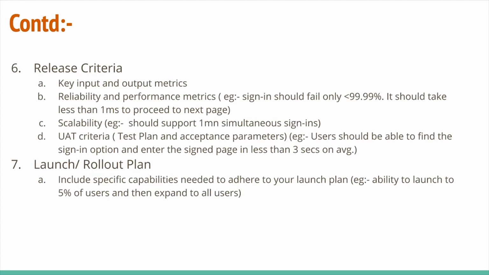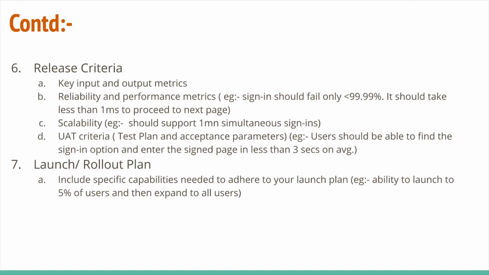For example, let us say the control that I want is that through some config file, I want to control my rollout, and my plan is in the first week, I will release this feature to 5% of the users. In the second week, another 10%. In the third week, another 30%. And in the fourth week, the rest of the users. And I plan to do this so that I can measure the success for every part of this rollout every week. And I don't risk a scenario where, let us say, there was an unexpected bug or something that did not meet our eye and we missed it. And that is why you want to have this rollout plan.